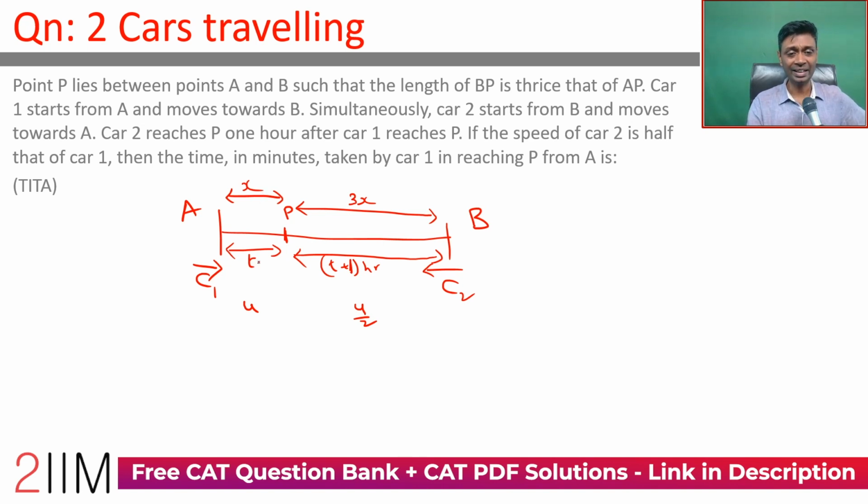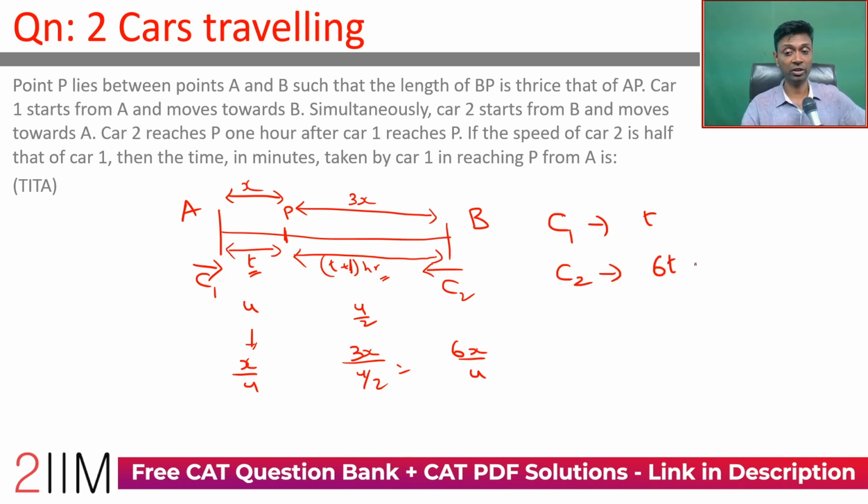You're traveling x at a speed of u, so this leg time taken would be x by u. You're traveling 3x at the speed of u by 2, it will be 3x by u by 2, which is 6x by u. So if this takes time t, technically this should take time 6t. Or we are practically through with this question. Car 1 takes time t, car 2 should take time 6t,